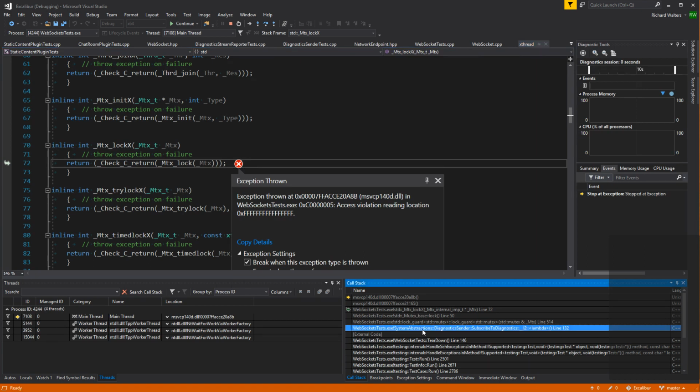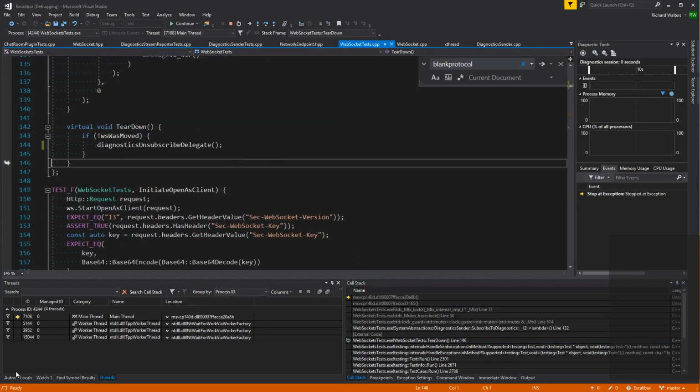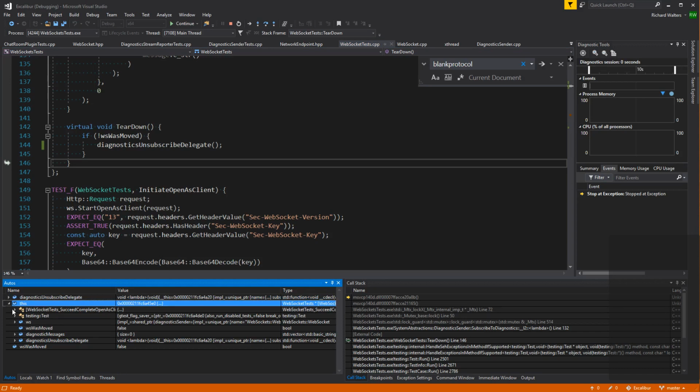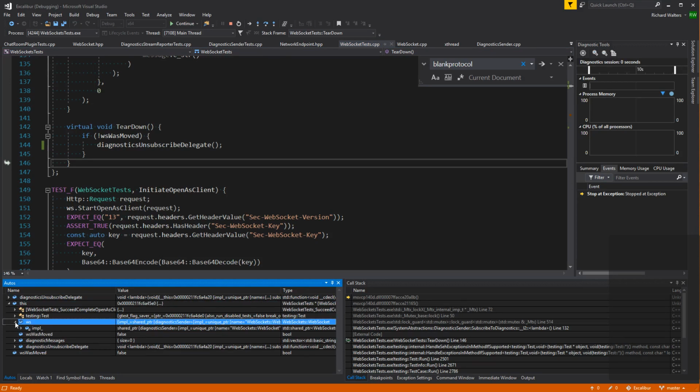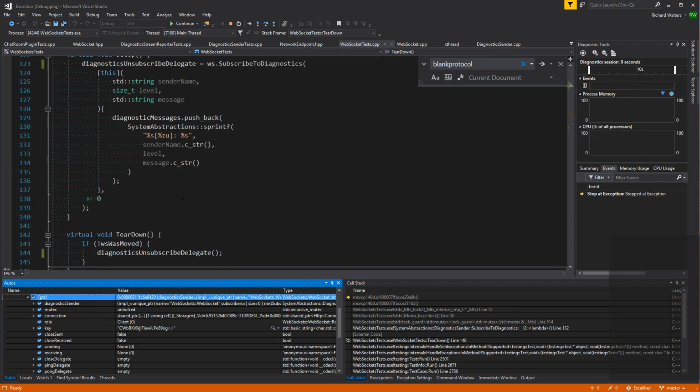So yeah, it's trying to use a destroyed object. The diagnostic sender was already destroyed. The WebSocket wasn't destroyed yet, though. That's weird.